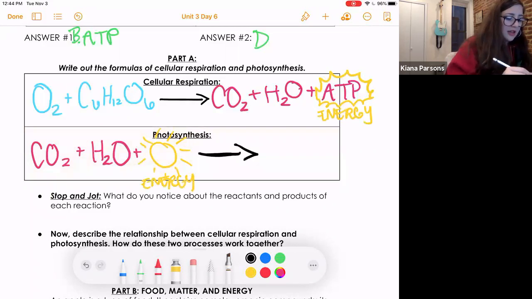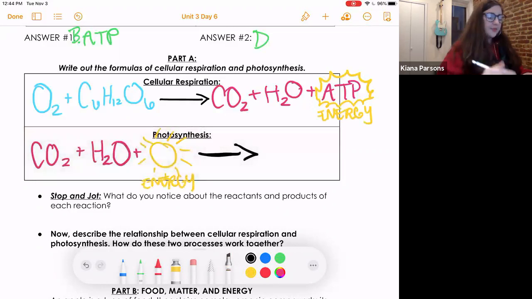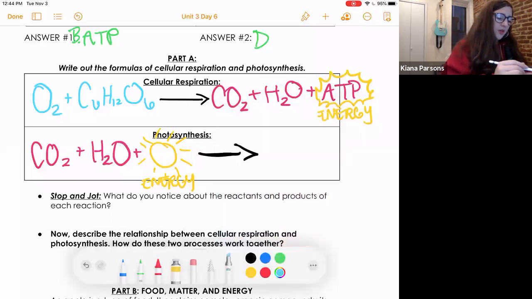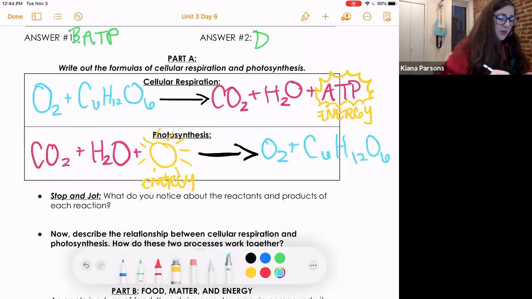And then it yields O2, glucose, the reason for the process, and those are the products